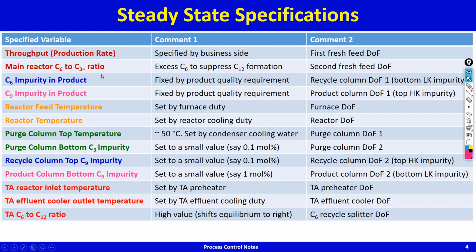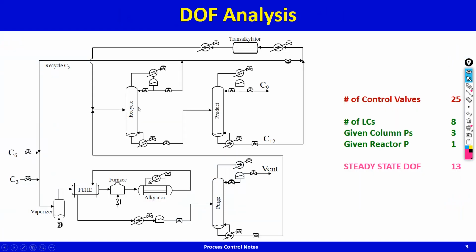Then you will always have the maximum allowed impurity in product, and there are 2 impurities in the product actually. This recycle column is recycling benzene, and C9 and C12 are leaving down. So benzene is the light key, some light key will leak down here. Whatever C6 leaks down here, because the product column is separating C9 and C12 and C6 is lighter than C9, any benzene that leaks out here is going to end up here in the distillate. Plus the rectifying section in the product column is not allowing the C12 to go up the top. So there are 2 impurities in C9, the C6 that has leaked down the bottom from the recycle column, and the C12 that is leaking up the rectifying section of the product column.